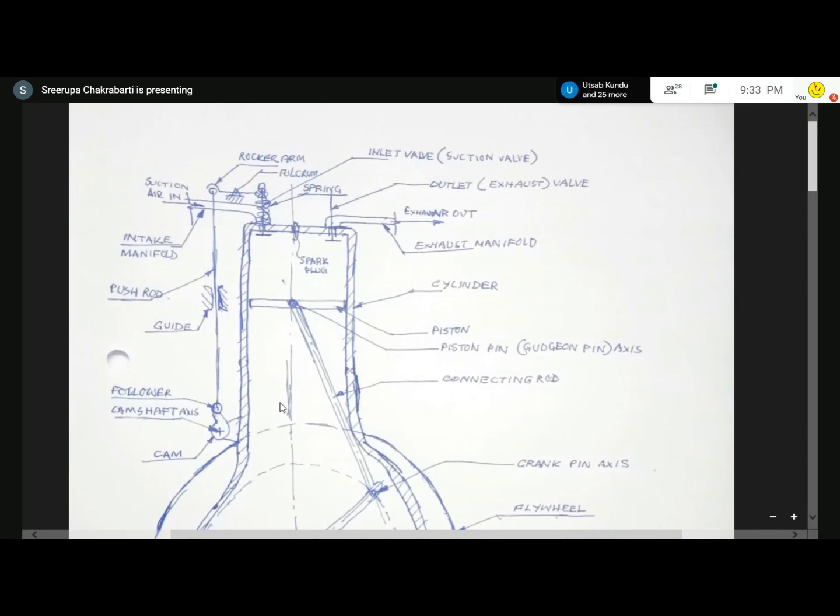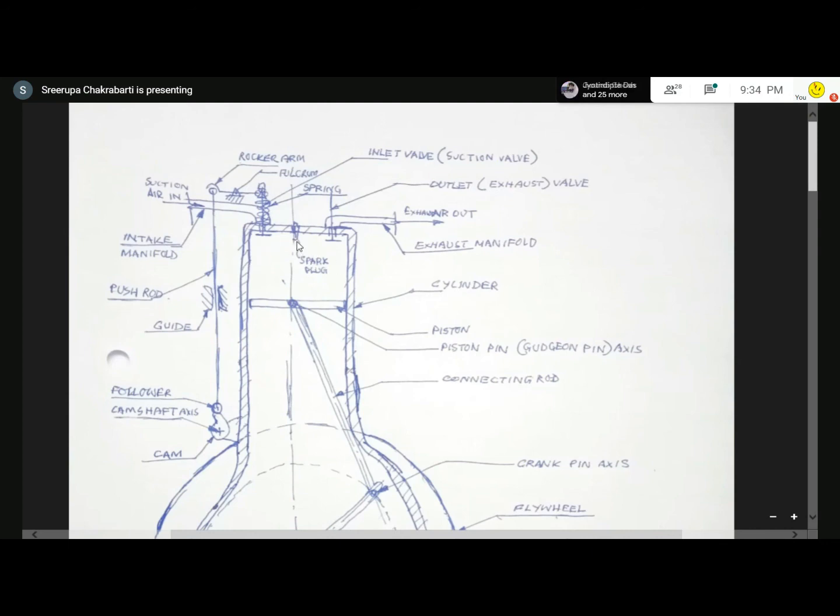But the actual mass which is getting inhaled is less than the mass corresponding to this volume. Why? Because when the piston is at the top dead center, suction does not immediately bring the gas to the piston. When the piston is slightly down, it creates a negative pressure, the pressure falls, then the gas starts coming, and between the gas column and the piston there is always a gap.